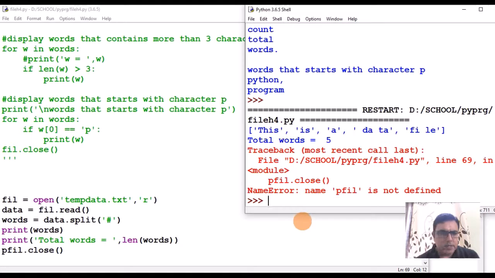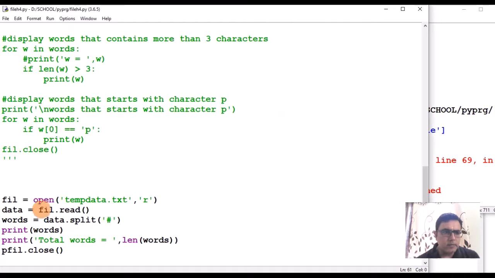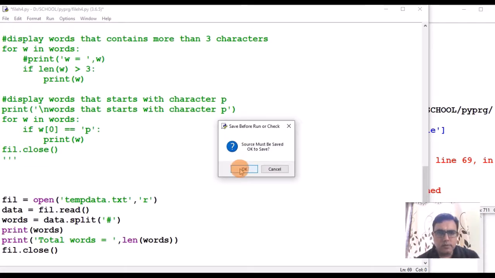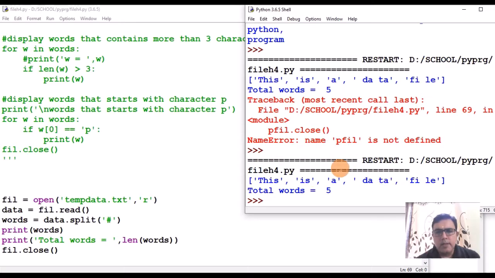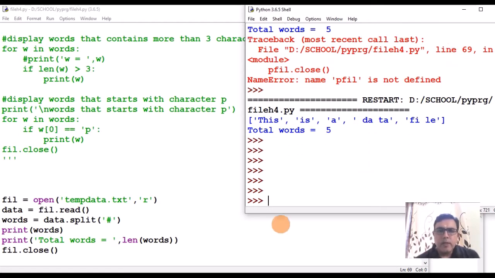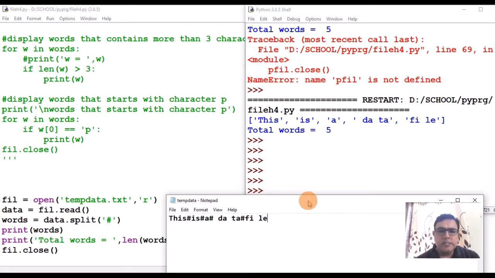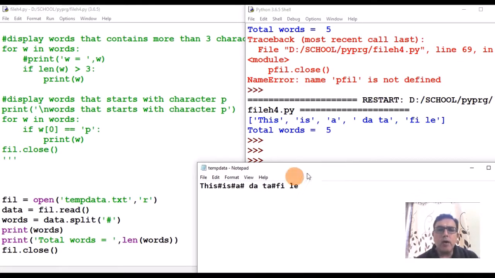Just a second. Where is the P file? Here. Now see, it has split the file on hash. This becomes the first word, from the starting till it encounters the first hash. All these characters are treated as one element, one word.